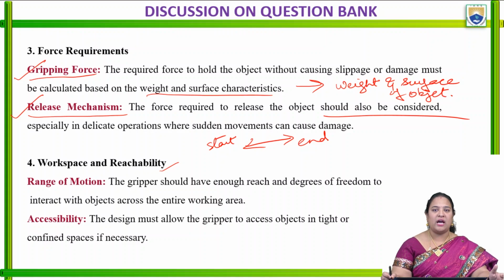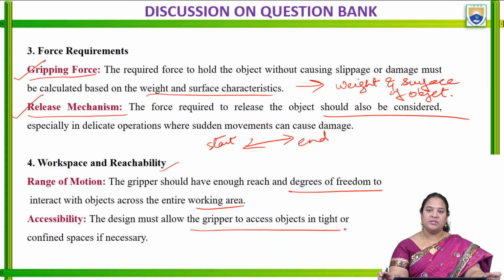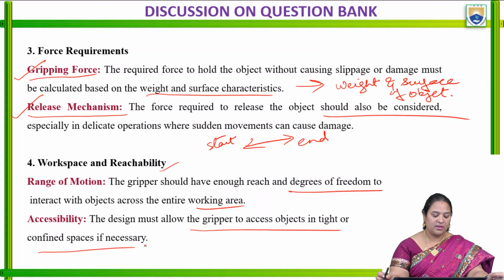Right? A gripper should have enough reach and degree of freedom to interact with the objects across the entire work area. So the range of motion is also very important. We need to calculate the degree of freedom and we need to assign that programming to the robot. Next is the accessibility. Accessibility means what here? The design must allow the gripper to access objects in tight or confined spaces if necessary. The robot should have access to allow the gripper to access the object in tight or confined space